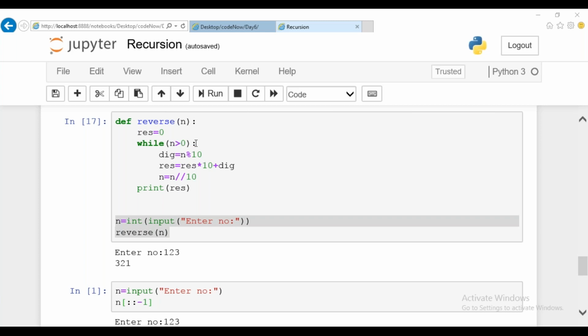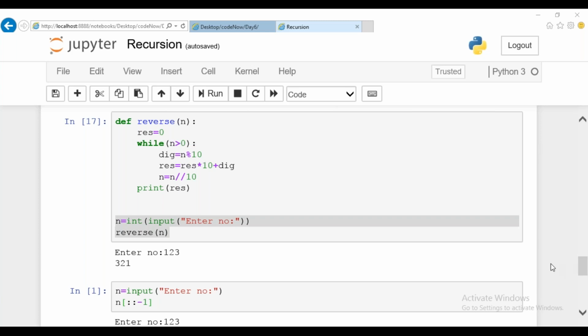In order to make this code understandable, you can open your merge sort program or tree traversal program. If you have it on your device, you can open another tab and search for it. Those programs are advisable to write only with recursion. If you write them using a normal loop, it will not be easy to understand. It will be very complex. So in order to avoid that complexity and make your program understandable, we'll make use of recursion. Apart from this, wherever the programs are simple, you can write them the normal way.